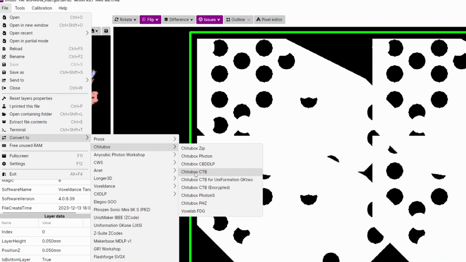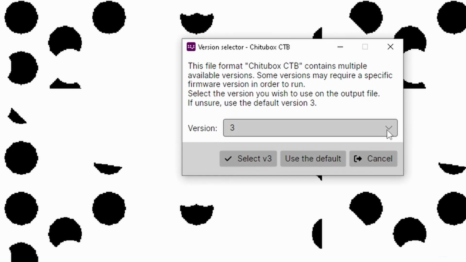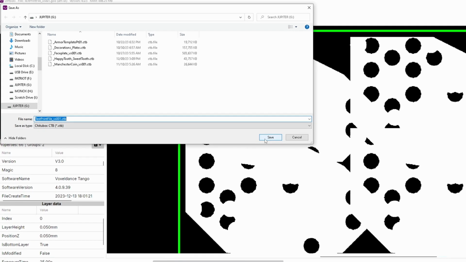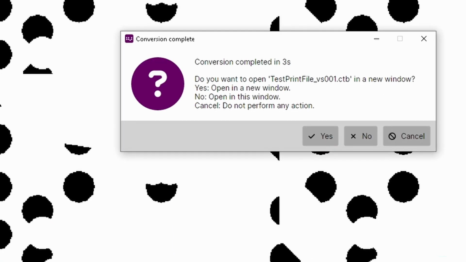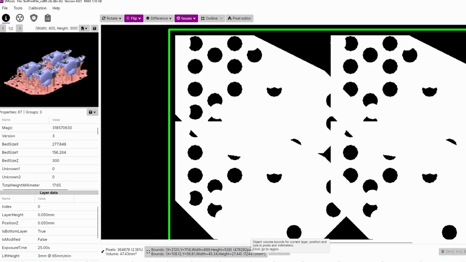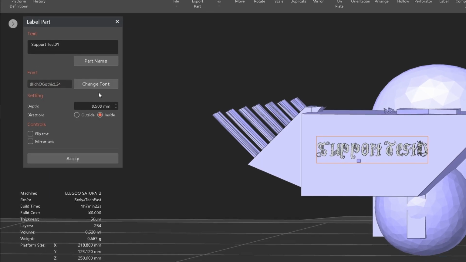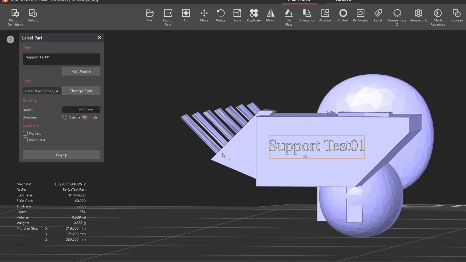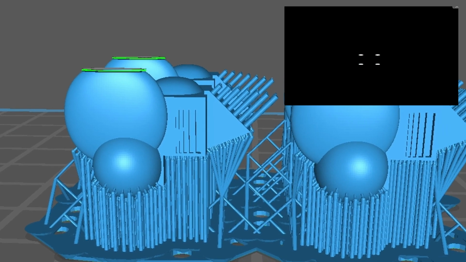So to ensure that it wasn't something that was on the one machine, I began repeating this test with my Elegoo Saturn and MonoX printer with the same results. All three gave me errors when attempting to print with the converted files. So although I tried converting these into different CTB formats 1 to 4, none of these were recognized by my machine. In the end, I was only able to export as an STL and then slice it in CheetoBox.